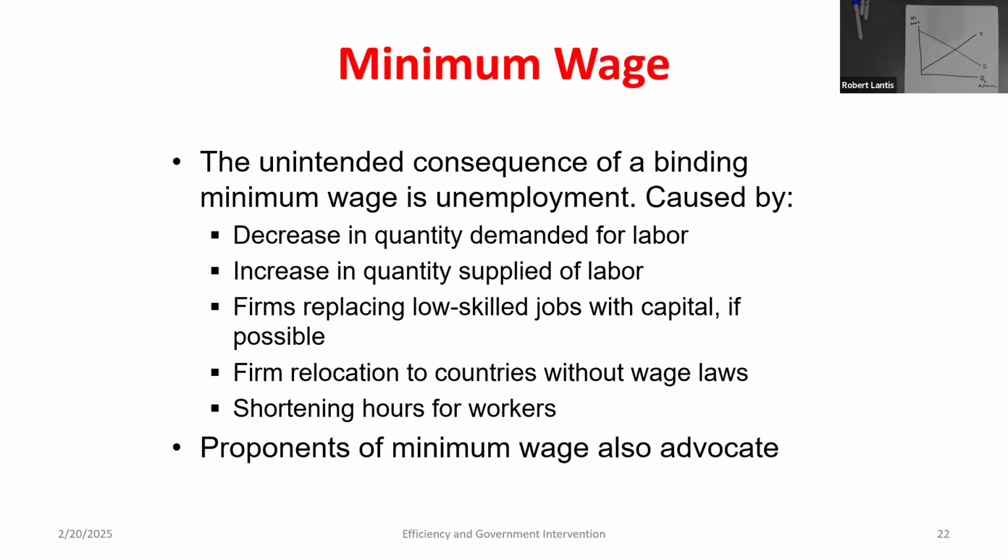Firms are no longer the producers. Who is supplying labor? All of us, right? People, the general public. So we can think about if we had a market in equilibrium, here would be our equilibrium quantity of workers and our equilibrium wage.